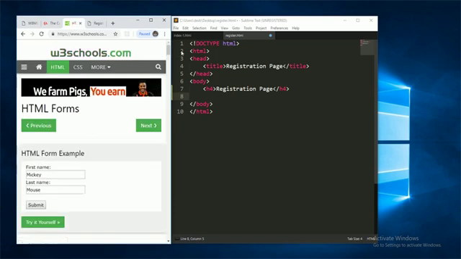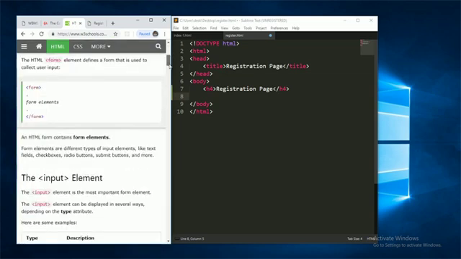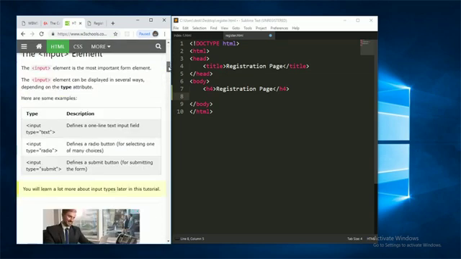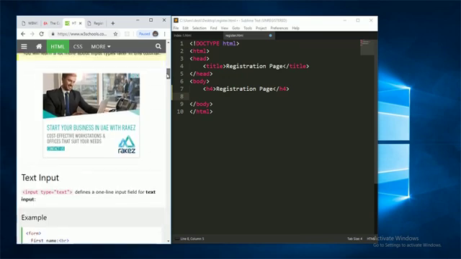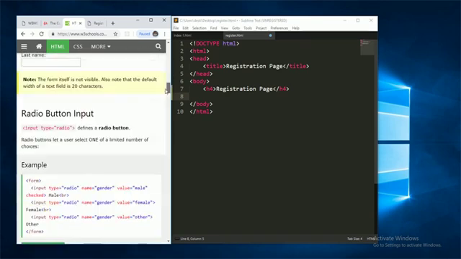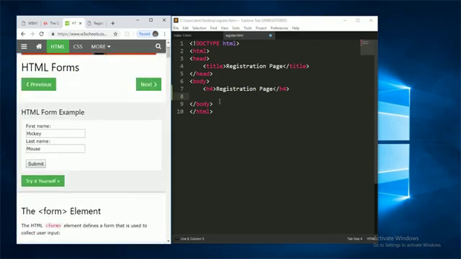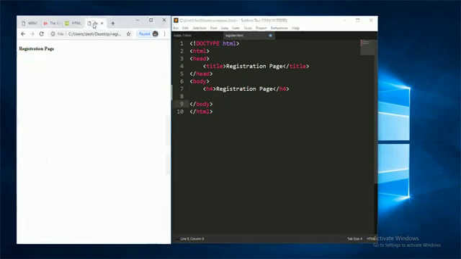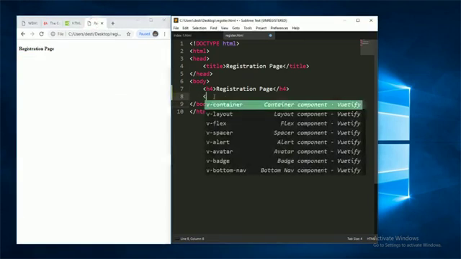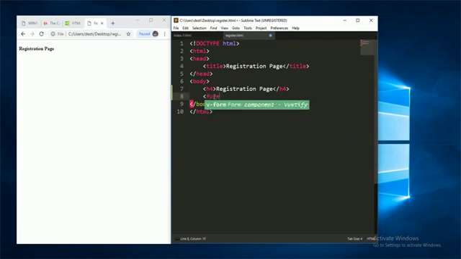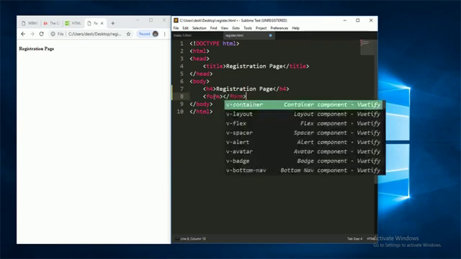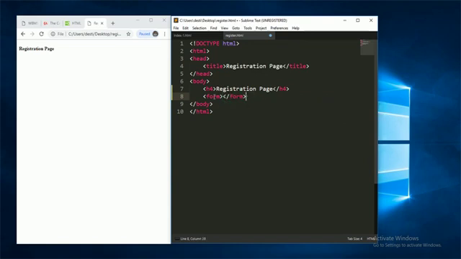So if you go to W3Schools, there is a section that talks about HTML forms. There is a whole lot of information. I will advise you guys to go through this content and read up. I'll be using a few of the tags we have. To display a form, you use an element called the form element. So we'll want to start by